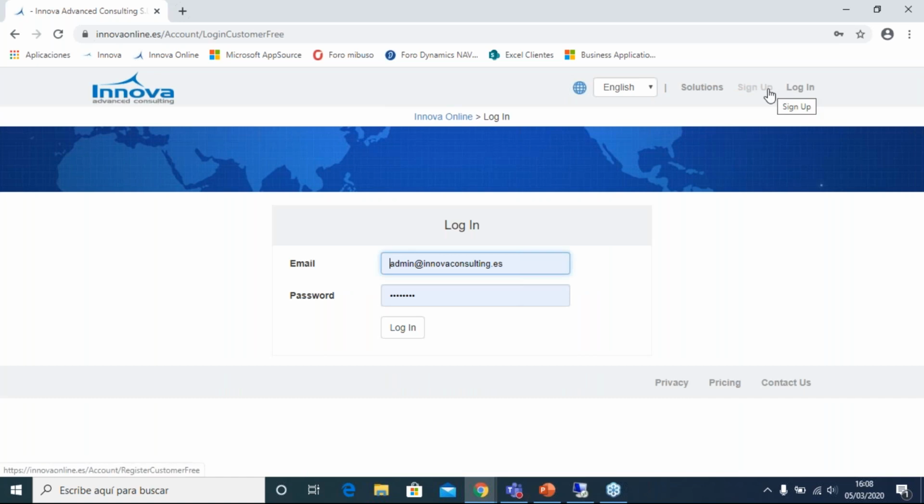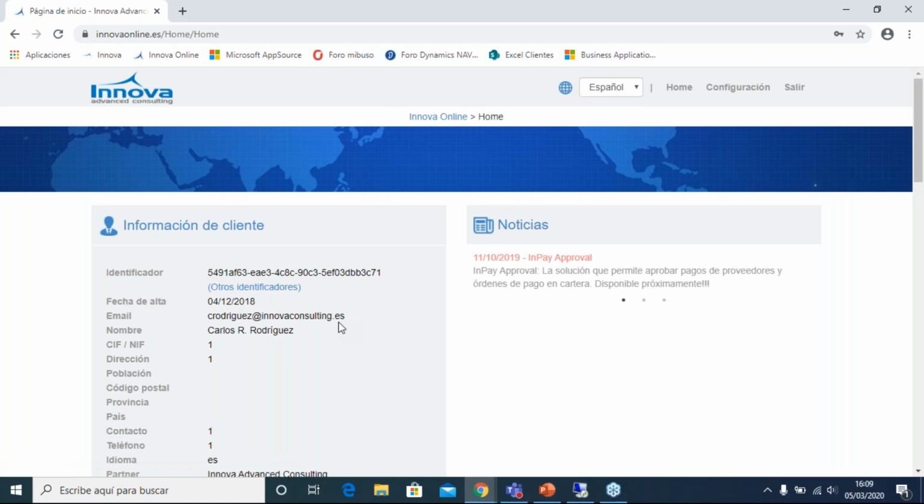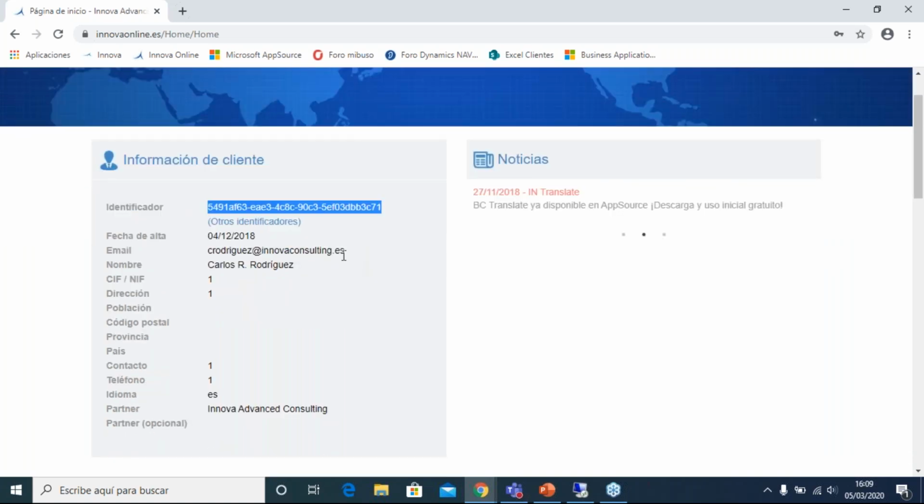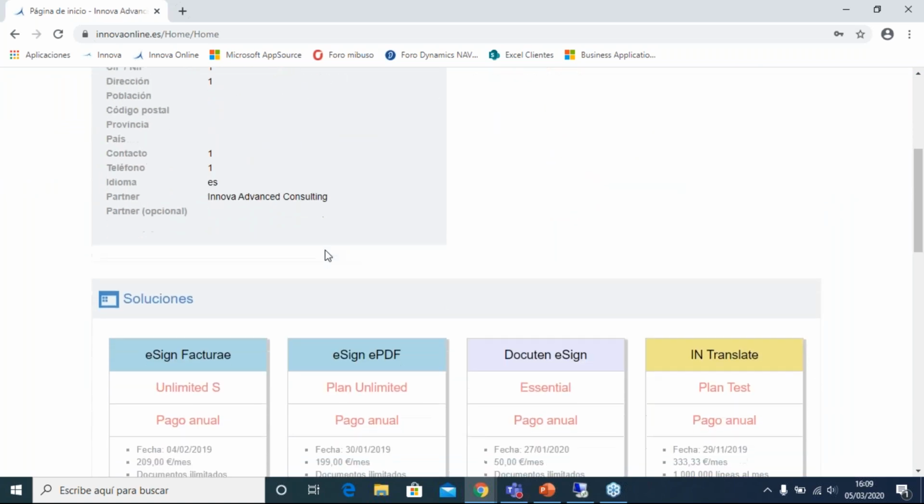Now, we are going to log in with our real account for you to check what you can expect when downloading this solution. So this one, for example. Here, this number is the customer ID, and it is essential since afterwards we will have to introduce it in the setup wizard, and in this very same interface we can also check which solutions we have here,